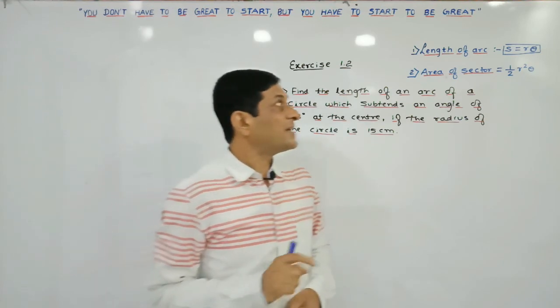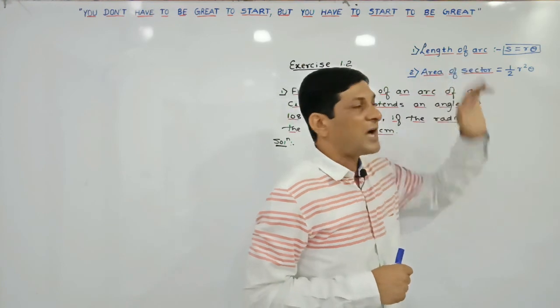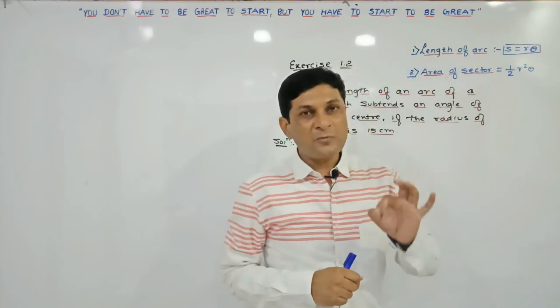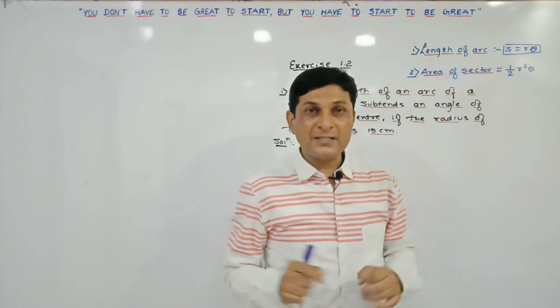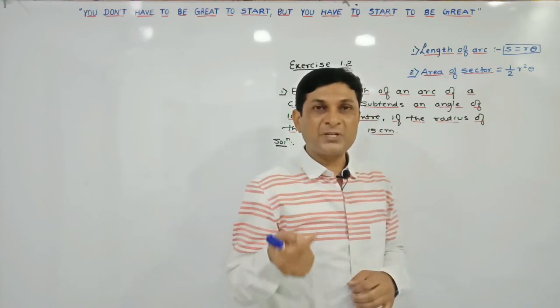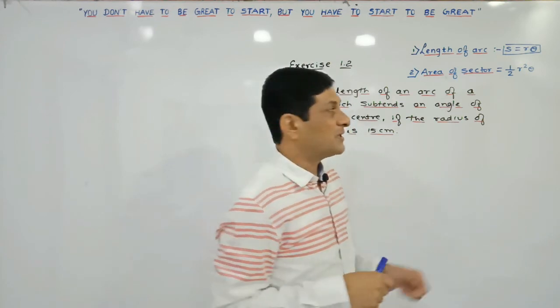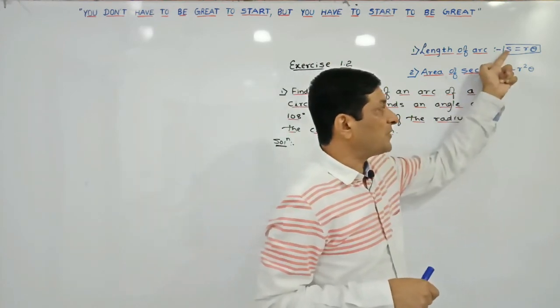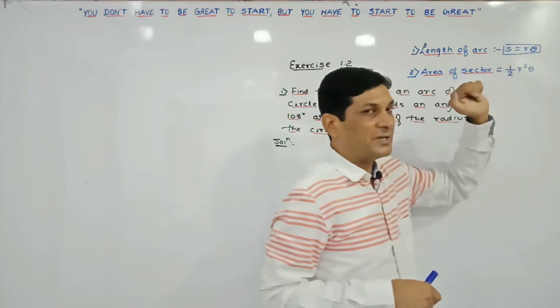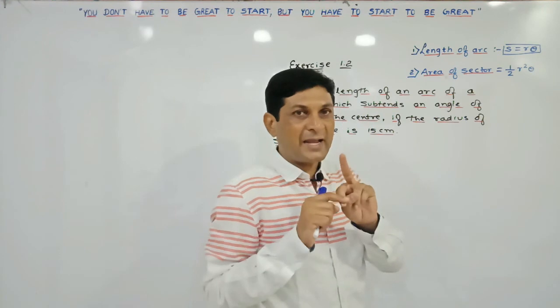So in the last lecture we have proved one formula as a theorem to find out the length of an arc of a circle. The length of arc we are denoting by S. S is the length of an arc of a circle of radius r subtending an angle theta radian at the center of the circle. Then we have proved that this length of arc S can be found by applying which formula? r theta. Means to find the length of arc we will require two values, r and theta.